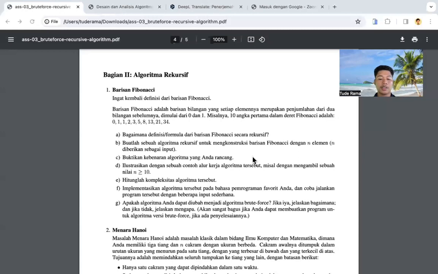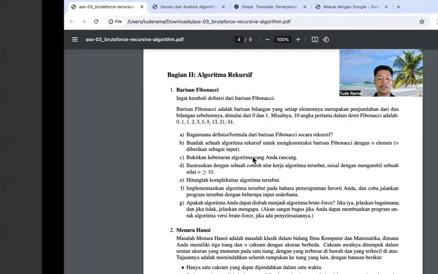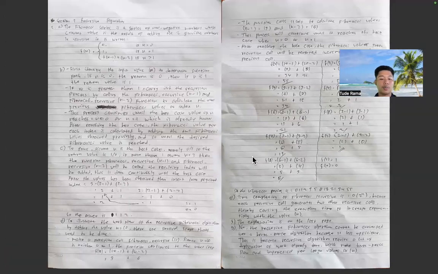The next one is number C: prove the truth of the algorithm. To prove it, assume n is the base case, namely 0 or 1. So the return value is 0 and 1. If n is more than 1, assume n is 3, then the function Fibonacci recursive n-1